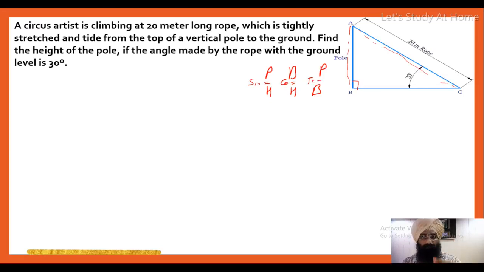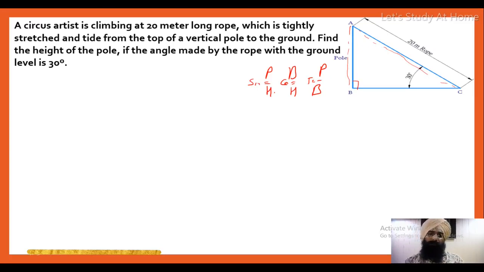If you want to find hypotenuse, and perpendicular is given, then use sine. If you want to find perpendicular and hypotenuse is given, then again use sine. If the relation is between base and hypotenuse, then you will use cos theta. If it is perpendicular and base, meaning one thing from this is missing, either perpendicular or base, then you will use tan. These three functions we will use mostly.